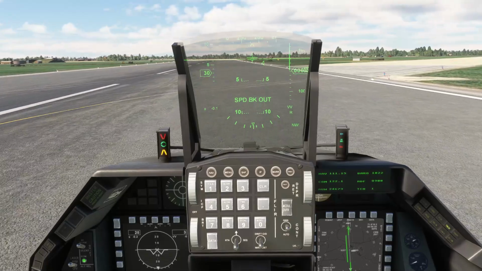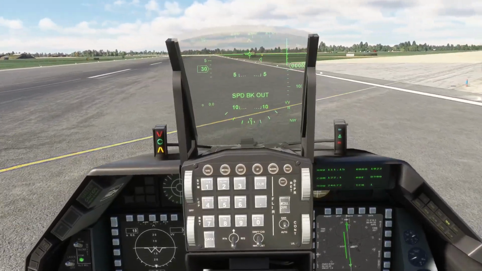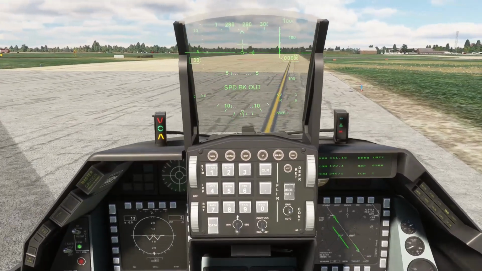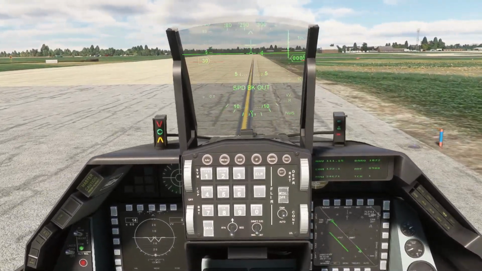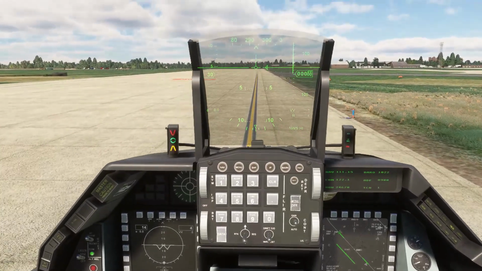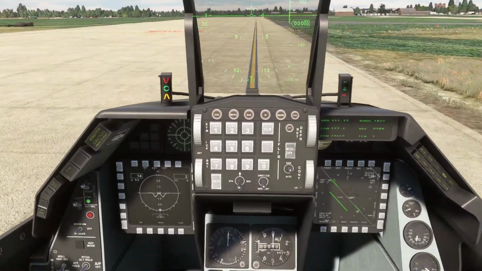There we go. And we can turn off. Stick on nozzle steering high. We taxi back to parking. Speed brakes are back in. Okay, so that was following the flight plan